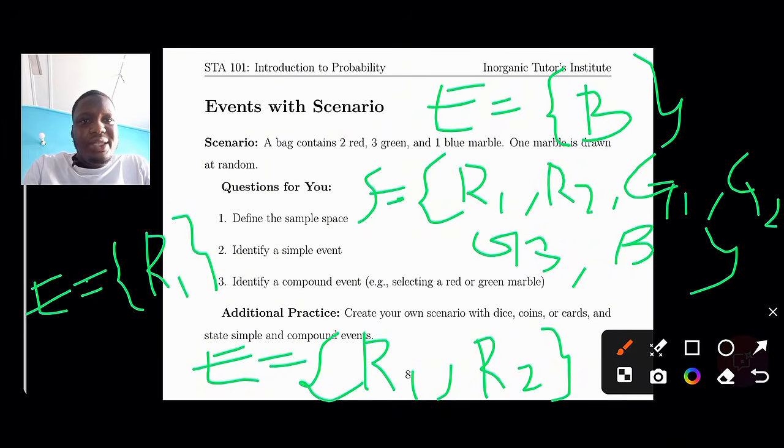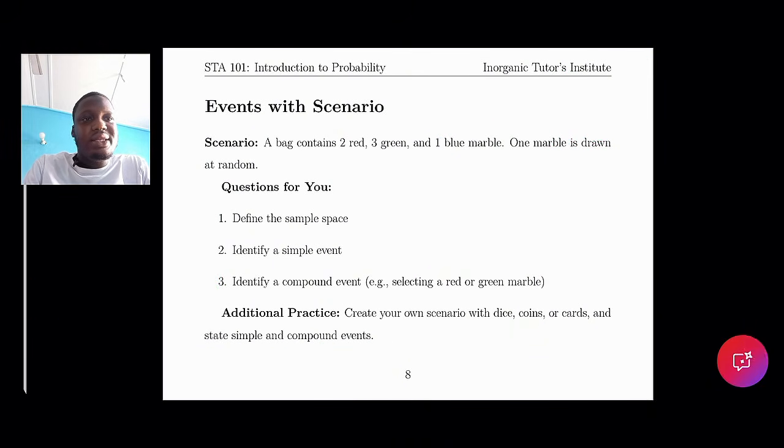Now, additional practice for you: create your own scenario with dice, coins, or cards and state simple and compound events. We had some discussion about the die, so you can do more practice by creating a scenario for yourself. Okay, so let's move on to the next slide,